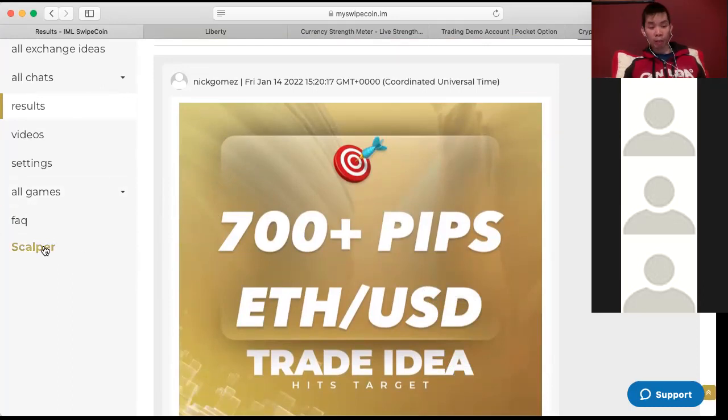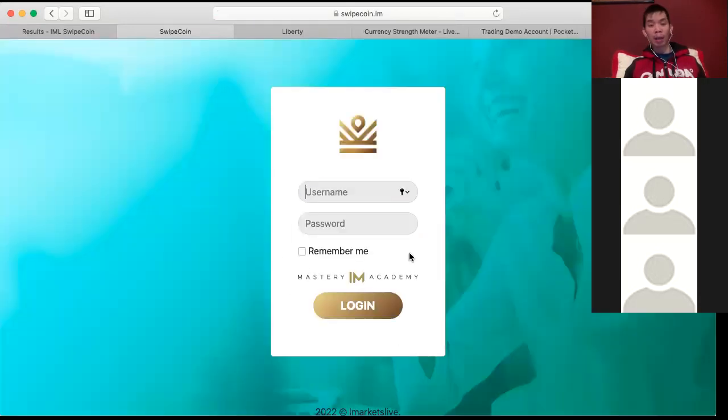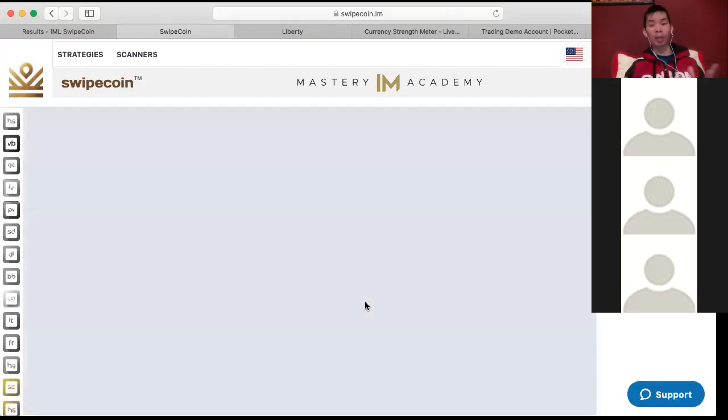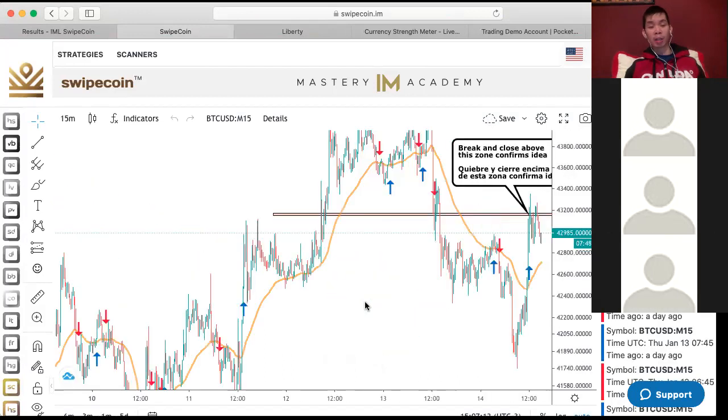And then the final thing that I wanted to talk to you guys about today is the Swipecoin scalper. Okay, and let's see here, kind of log in here. So how this strategy or this scalper works is this. On the main Swipecoin scalper, you're going to be trading Bitcoin USD and Ethereum USD. And about 3 hours ago,